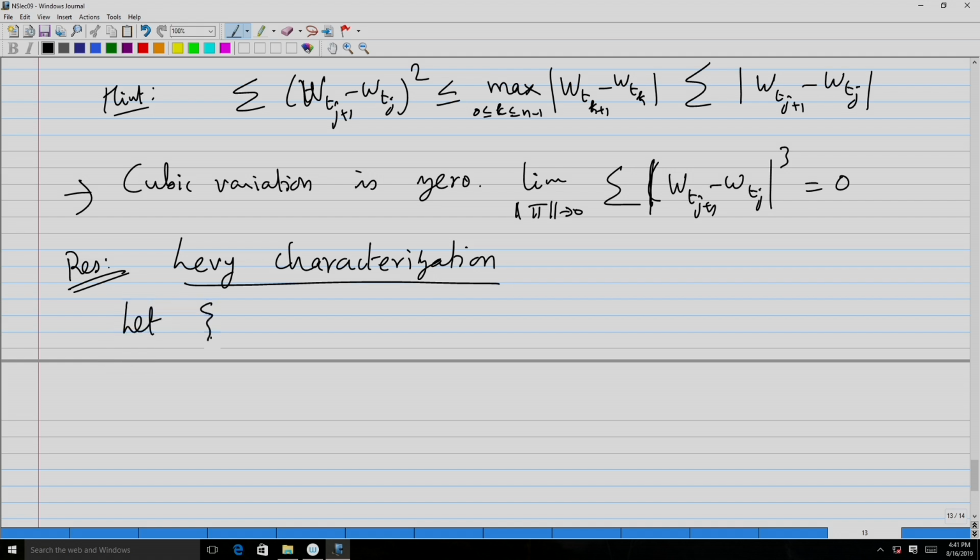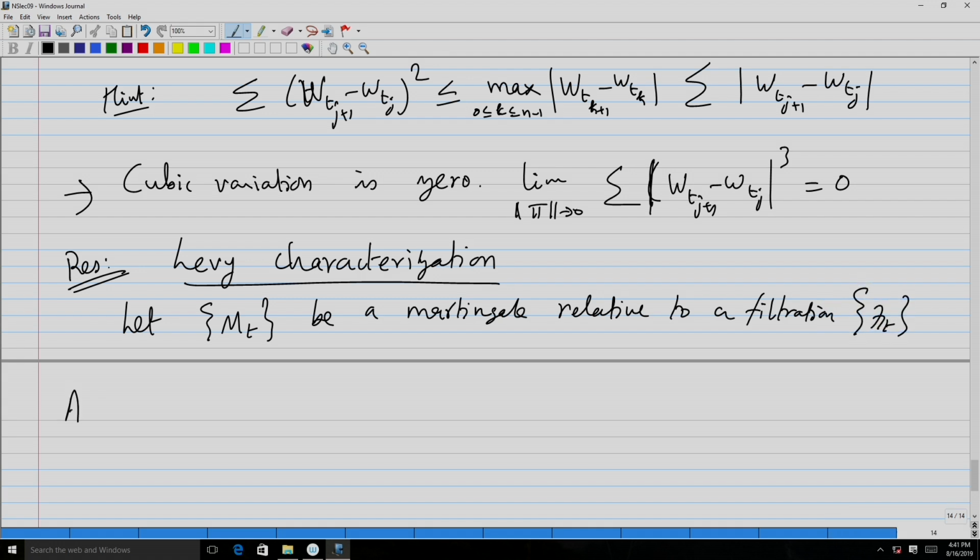You take a Martingale, or Levy's Martingale characterization, let M be a Martingale relative to a filtration F t. Now, you assume this process starts at 0 and M t has continuous paths, okay, and